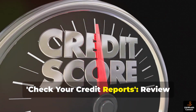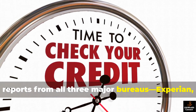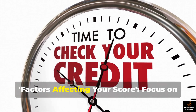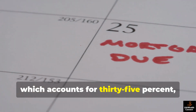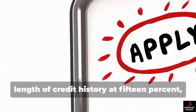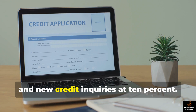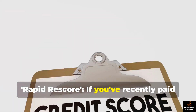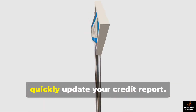Check your credit reports. Review reports from all 3 major bureaus, Experian, TransUnion, and Equifax, for errors. Factors affecting your score. Focus on payment history, which accounts for 35%, credit utilization at 30%, length of credit history at 15%, credit mix at 10%, and new credit inquiries at 10%. Rapid rescore. If you've recently paid off debt, ask your lender about a rapid rescore to quickly update your credit